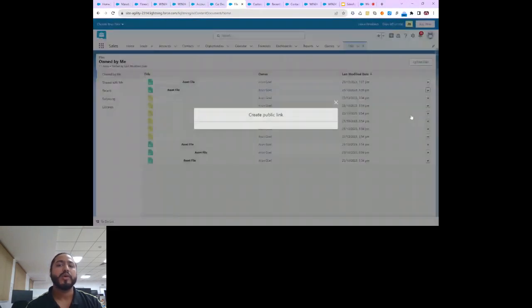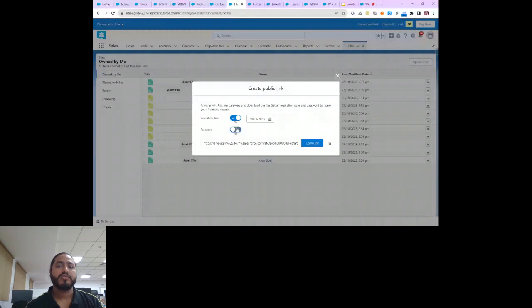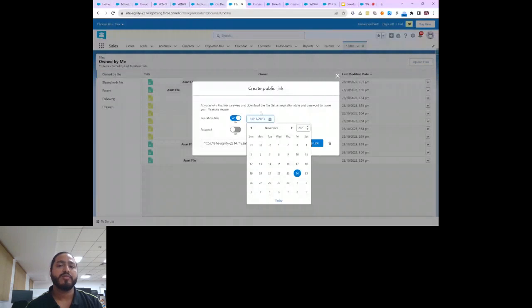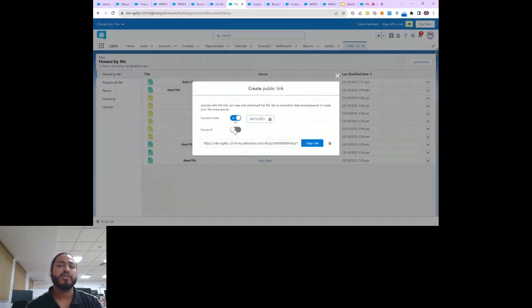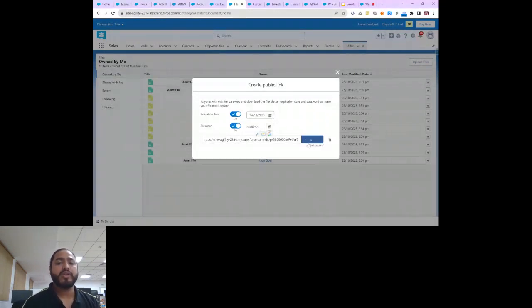Let's suppose I click on the public link. We can enable an expiration date. By default, it's 30 days. By default, it's coming as 24/11 from the 25th of October, but you can decrease or increase it as per your convenience. Also you can generate a password if you want. So this is the password. It will be tightly coupled with the file. So when you share this link with any user, they need to